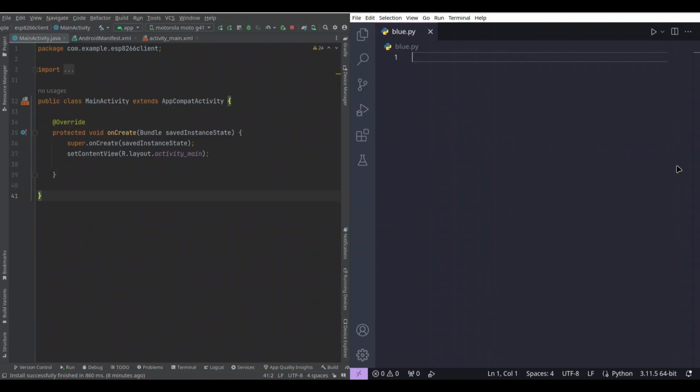Today I'm going to show you how to establish Bluetooth communication between your Android phone and your PC. In this case I'm going to use the Python programming language, but you can use any other programming language you like that possesses Bluetooth capabilities. So first we are going to do coding on our PC side, and I'm going to import